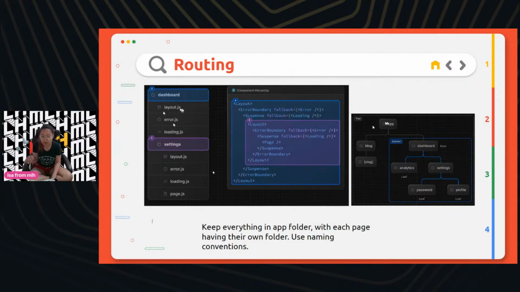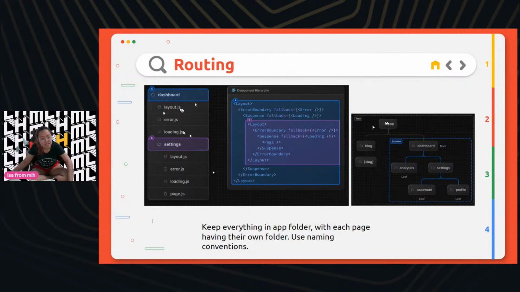Like if something fails, if it doesn't load, if something goes wrong, error.js will render instead of the layout and settings and all of that. And then we have loading.js, which will render if there's nothing wrong, but it's not done rendering yet. So loading will be in between.